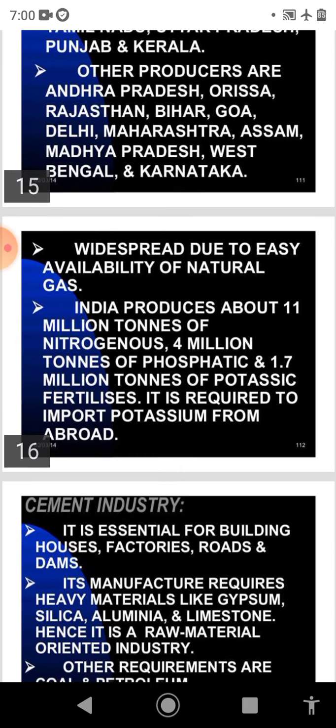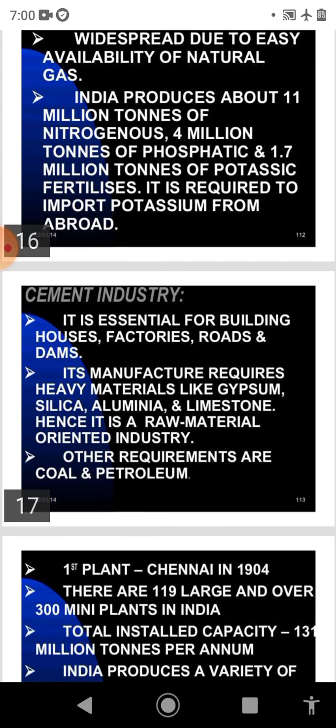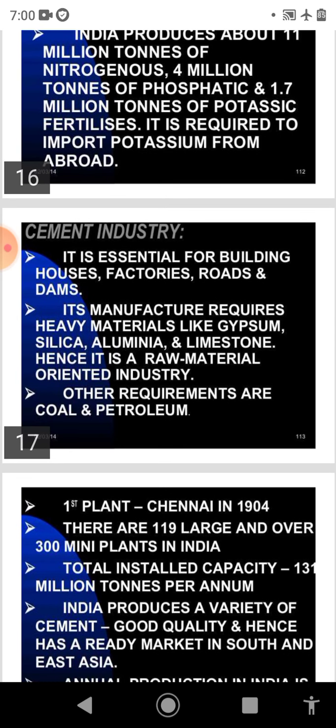After that we will discuss the cement industry. Cement is the most advanced and important industry of India. The first cement plant was set up in Chennai in 1904, and since then the industry has expanded at a constant rate. After the complete decontrol of price and distribution in 1989 and introduction of other policy reforms, the cement industry has made strides both in production and process of technology.